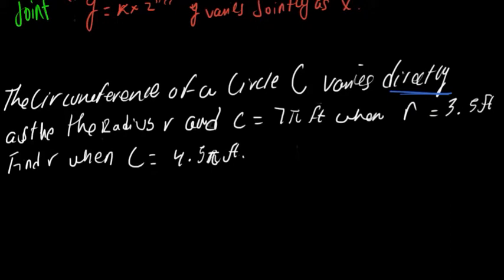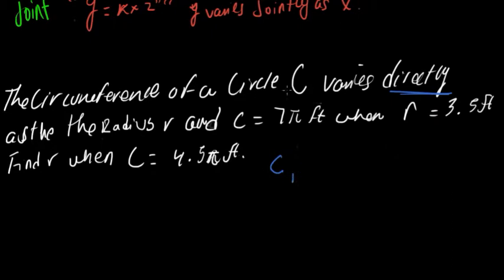Let's look here. It says the circumference C varies directly as the radius r. And C is equal to 7 pi when r is equal to 3.5 feet. Find r when C is equal to 4.5 pi. So if we set up a proportion, we'll call this circumference 1. So we'll set this up equal to, let's see here,